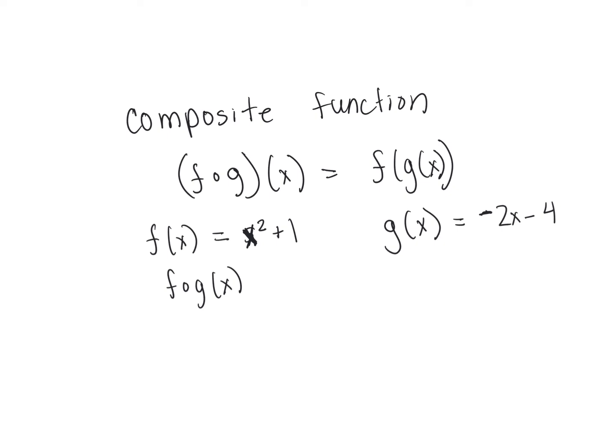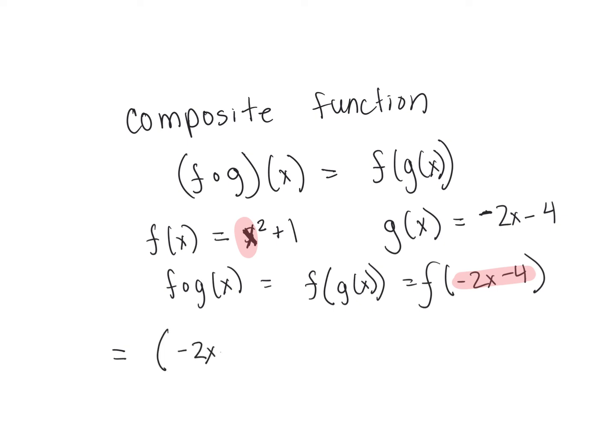So here are my two functions. Again, these are composite functions. So if I go from here, f of g of x, that is saying f of g of x. G of x goes inside. So that is f of negative 2x minus 4. That means wherever I see an x in f of x, I'm going to put minus 2x minus 4 there. So this is going to equal